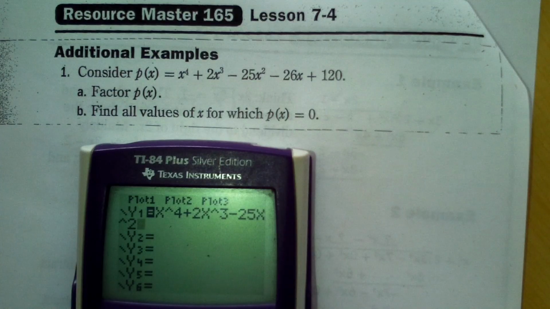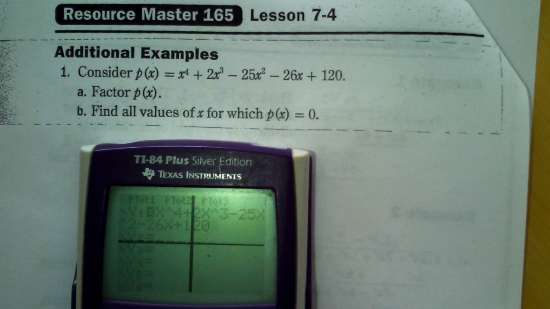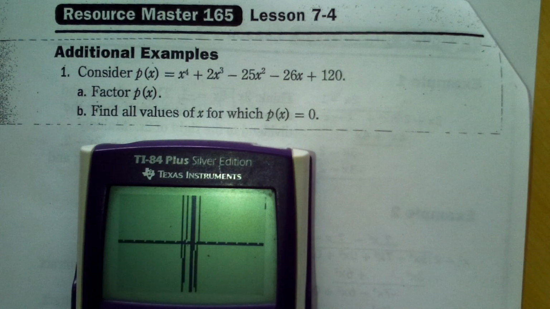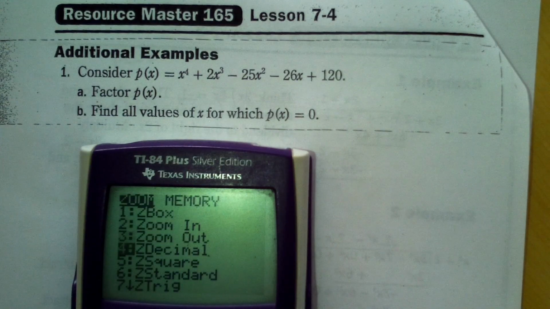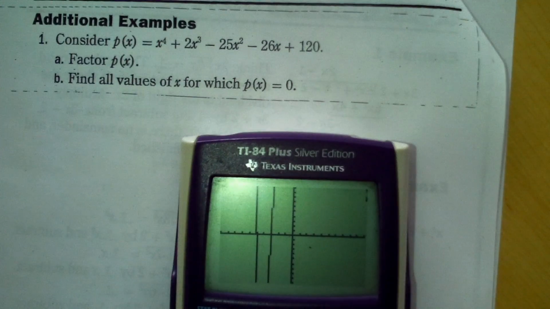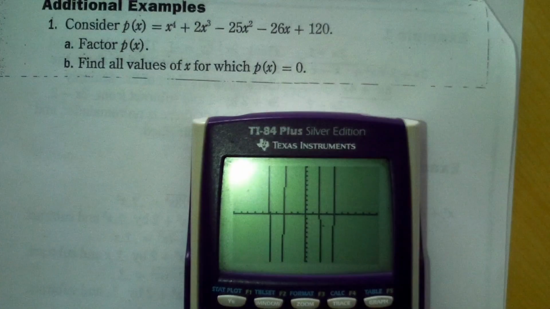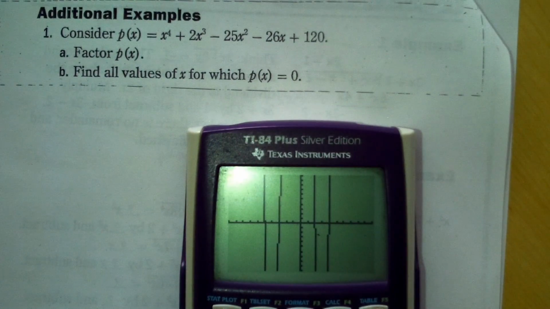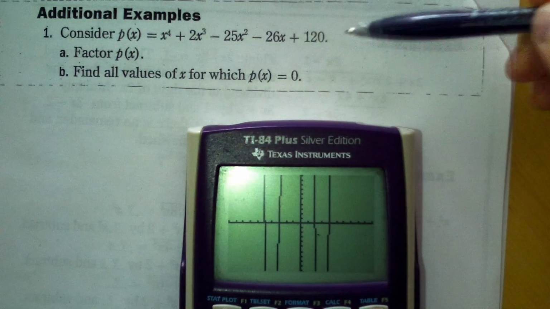Go zoom standard to get it back to just something a little better. Obviously it's going to be kind of a crazy graph here. So I got something kind of like this to start, where it's just kind of a bunch of lines, but we know it's probably got those curves and stuff in it. An important thing to note here is if this back number is 120, the one without the x, that means that's our y-intercept. So we know if this is what we're starting with, like a 10 by 10, our y is going to have to at least go up to 120. And then based on that, probably this part of the graph's going to be in the hundreds as well,